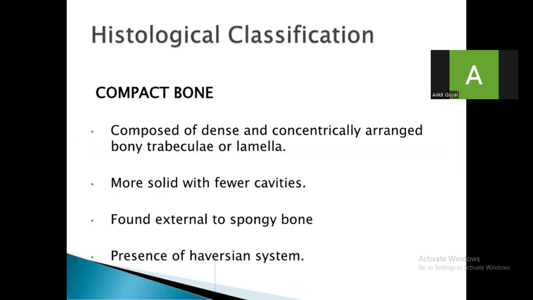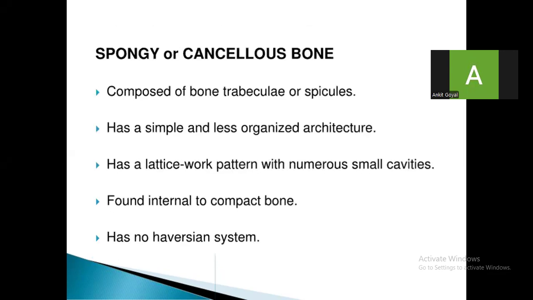Histological classification: the compact bone is composed of dense and concentrically arranged bony trabeculae or lamellae. These are more solid with fewer cavities, found external to spongy bone, and they have the Haversian system. Spongy or cancellous bone is composed of bone trabeculae or spicules. It has a simple and less organized architecture. It has a lattice work pattern with numerous small cavities, and they are found internal to compact bone, and they